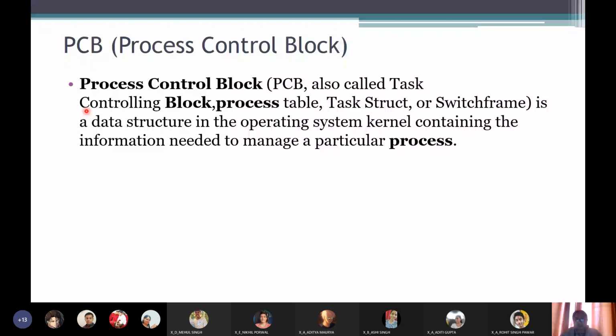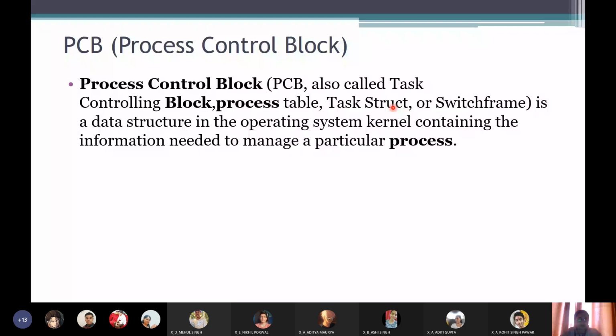Operating system kernel means, now the operating system is a huge software. It is not that all the time the entire operating system stays in the memory. It is only a part of the operating system known as the kernel which stays in the memory. Kernel means the core, like the kernel of a seed, the inner part of a seed which actually contains the edible nut. So this kernel is the important part, the core of the operating system that stays in the memory, and other modules or functions of the operating system are called as and when needed.